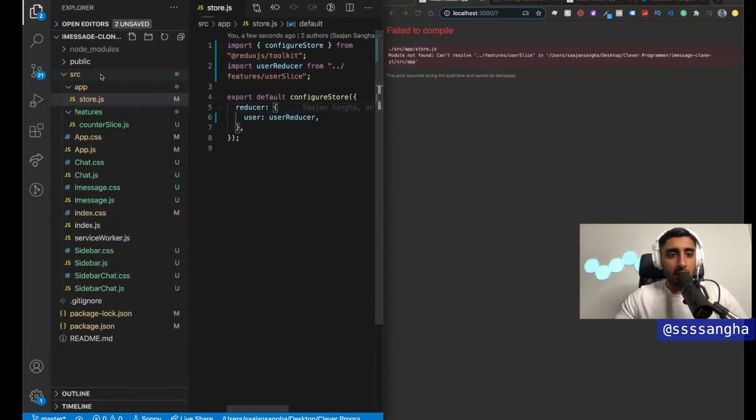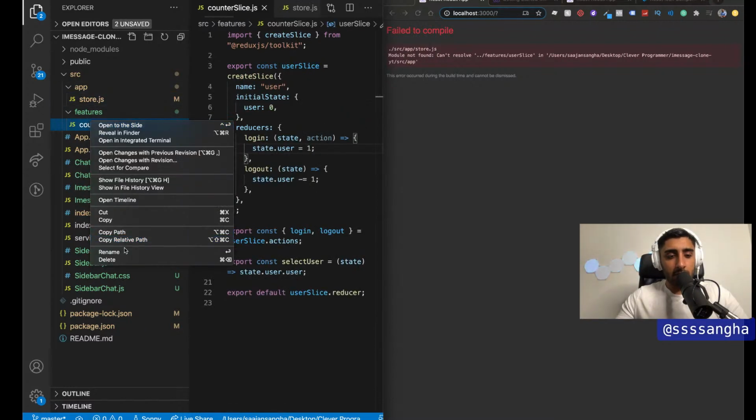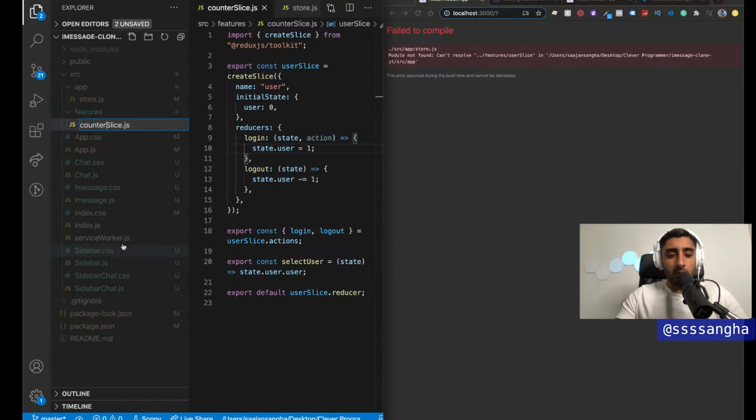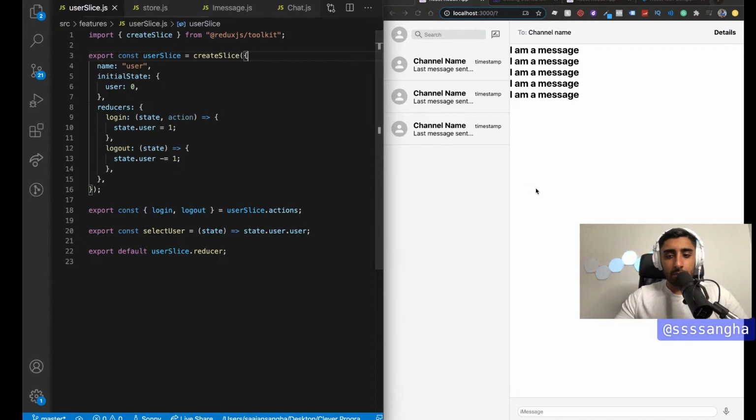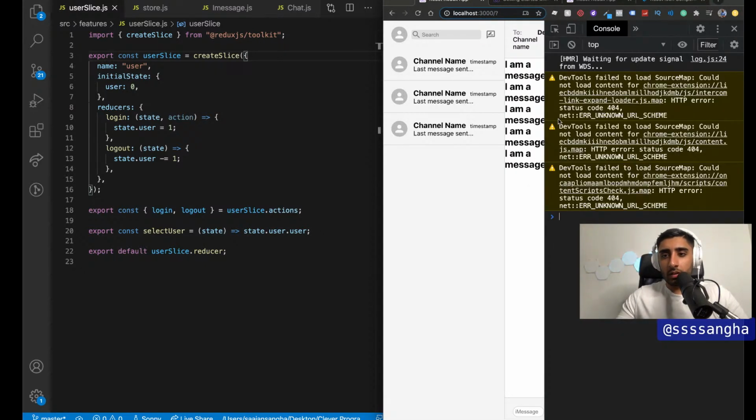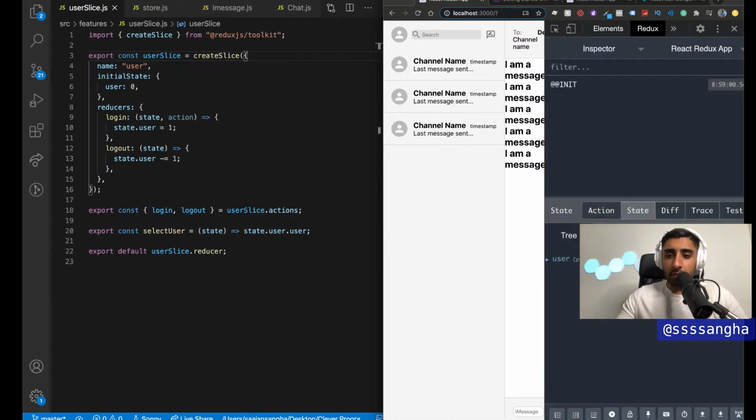Okay. So I'm going to go back here and go down to counter slice, rename. I'm going to change this to become user slice. Save it. Boom. Now we have it. See, everything's working. Now to test this works, I'm going to open up my dev tools. So I'm going to inspect, go to Redux, and we should see, if I go to the state, we now